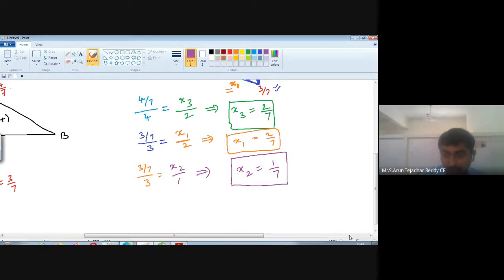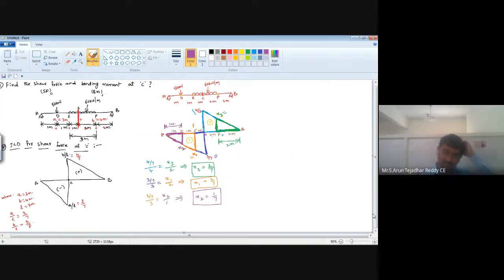So here we have calculated x1, x2, x3. Very simple. First of all, find out the given loads. Based on given loads, below that consider ordinates. Suppose if there are 4 loads acting, we need to take 4 ordinates. Suppose in a given beam 7 loads are acting, we need to consider 7 ordinates. Suppose there is only one load, we need to consider a single ordinate. So based on loads, we can create some ordinates.